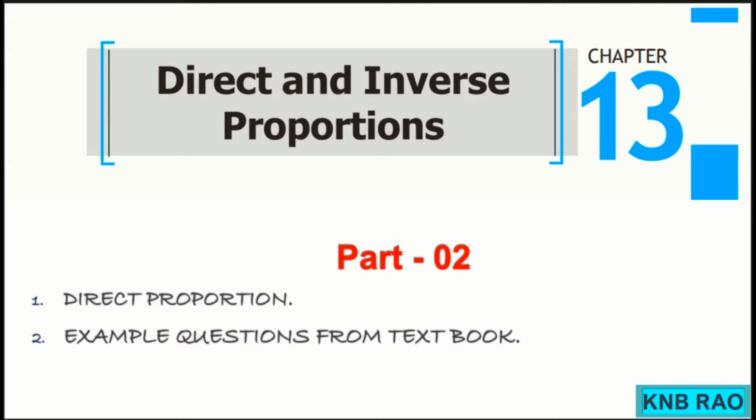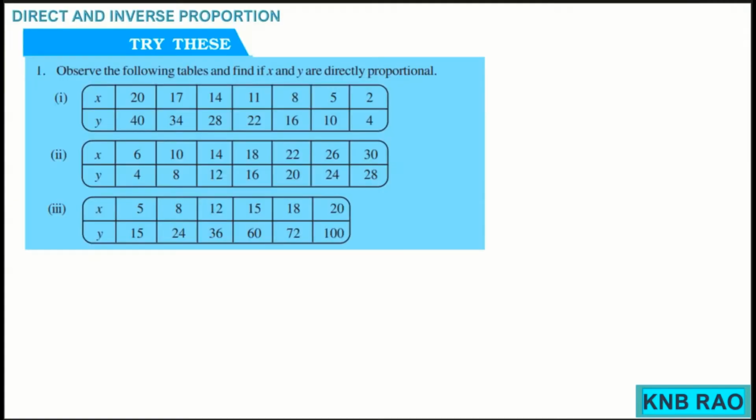Continuing further, students, yesterday I gave you these questions to try as homework. The first question is: observe the following table and find whether x and y are directly proportional. So coming to the first one,